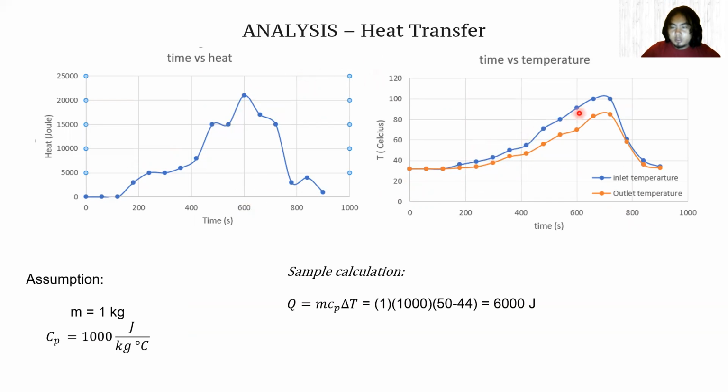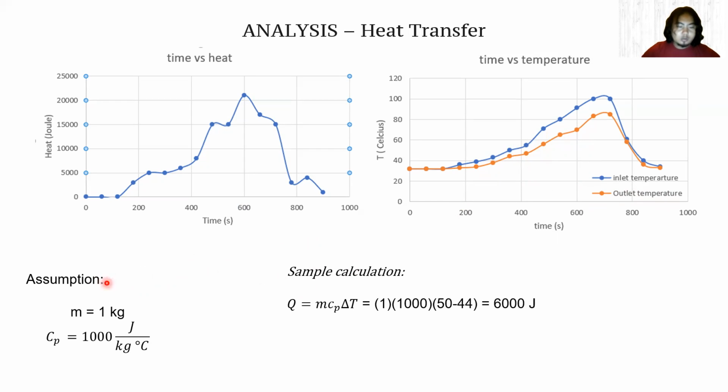The inlet temperature is almost all greater than the outlet temperature. This is very logical because the inlet is located near the boiler. Therefore, the temperature of the inlet will be higher compared to the outlet temperature. Moreover, the outlet is also located near the cold water, therefore it will be lower.